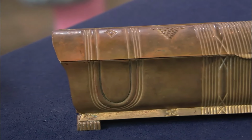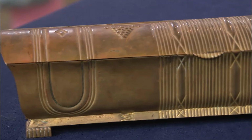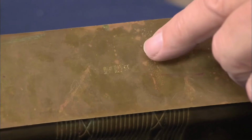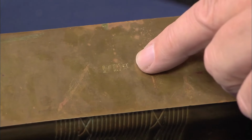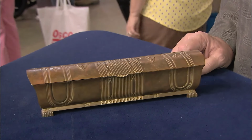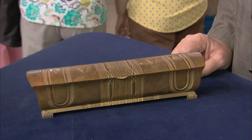An innovative Austrian architect made this inkwell in the early 20th century. Joseph Hoffmann, co-founder of the Wiener Werkstatt, an organization of Austrian artists who produced various artworks. They're very, very clearly marked. We see Hoffmann's monogram, which is a J and an H. Looking closely, we see a carefully marked monogram of Joseph Hoffmann, JH, and other marks such as Made in Austria